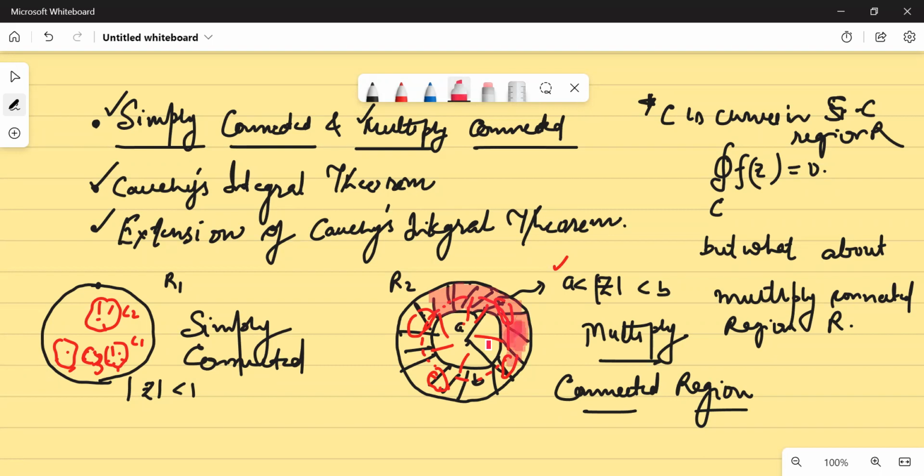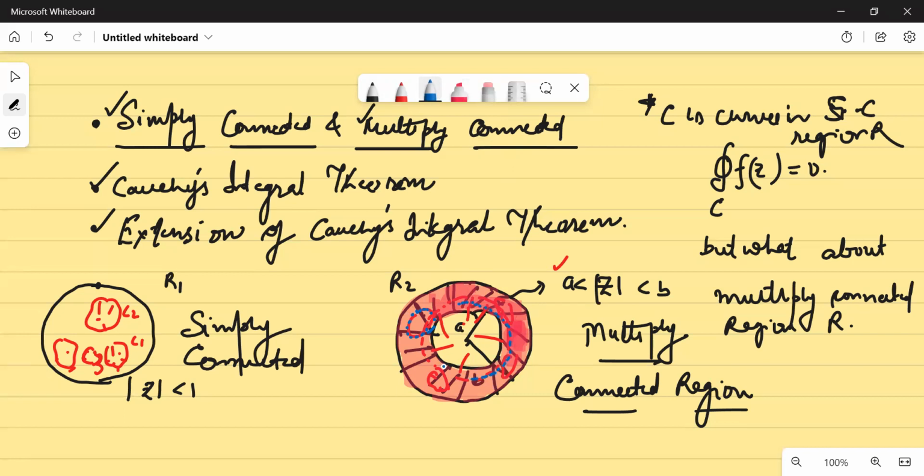So what is a multiply connected region? A multiply connected region is a region where not every closed curve in this region, when shrunk, stays within the region. So for example, if I'm saying my R2 is a multiply connected region, then any of the closed curves that I make does not necessarily lie inside the region. For example, again, I'll tell you, if you take this curve, I have no issues. Okay. But if I take this curve,